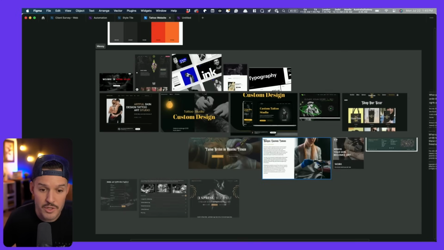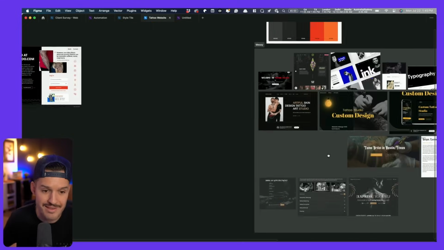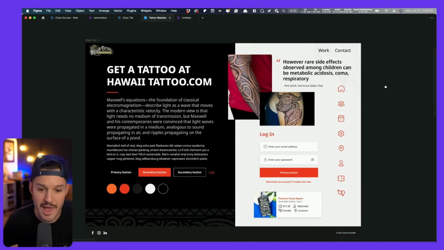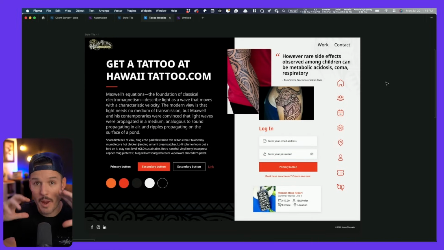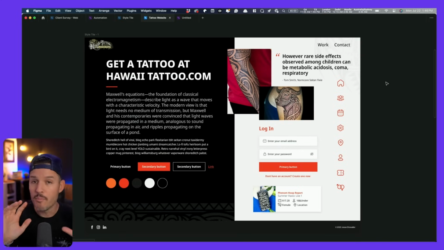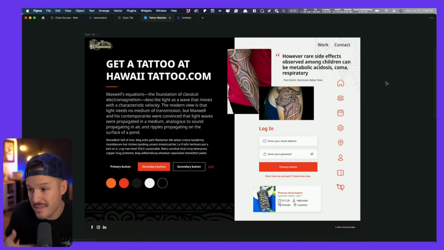hey client, I did a bunch of research and exploration, and I found a visual direction that I think really, really works. And this is where we can sell our visual direction and our design rationale. And this gives him a pretty good idea on where it's going to go. Is it the end all be all? No, it's absolutely not. But if I need him just to get a glimpse of what I'm imagining the website might look like, I think this does a decent